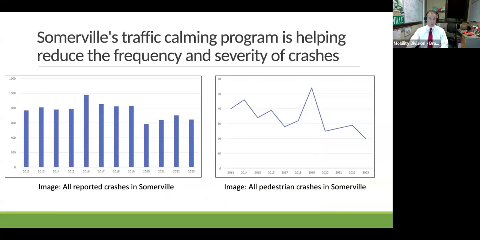Here's an important question. Is our work delivering the intended results? Here are 2 examples of data that we use to make sure that we are on track. It's not just about what we build. It's about, are we delivering measurable safety outcomes. On the left side of your screen is a graph that shows the total number of reported crashes in Somerville for the last decade or so. And it's incredible when you think that in an average year, we could have 600 or 800 crashes in our little 4 square mile city.